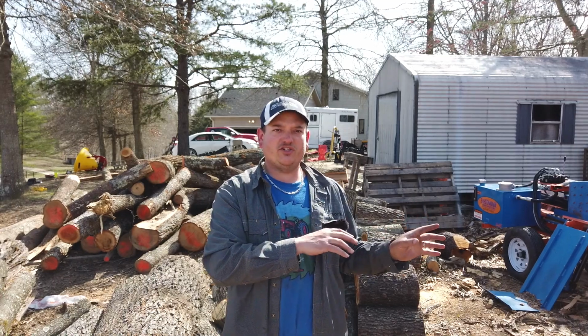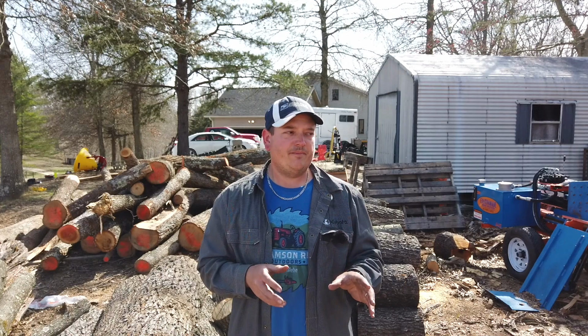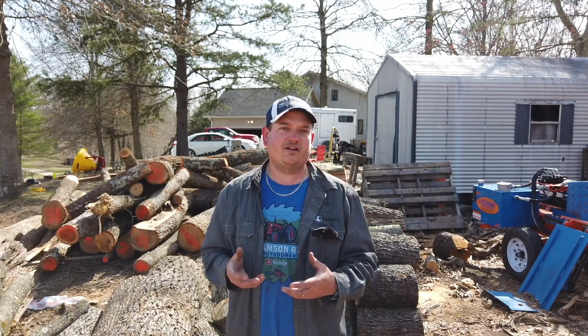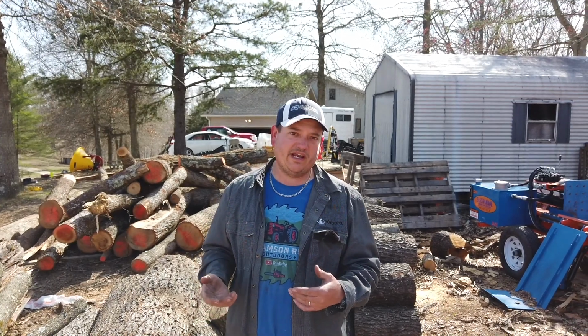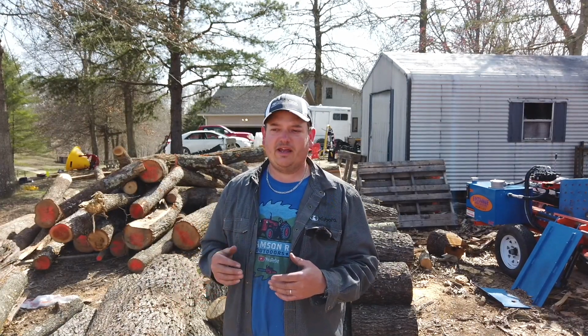And once I get it full, then I'll start going around and putting some different stacks in different locations. And I'd like to get at least 10 cords stacked ahead. There's a good possibility that if I can find a supplier to bring me some logs, I'll go ahead and get 10 more cords. That's my ultimate goal, to get ahead by 2 years,